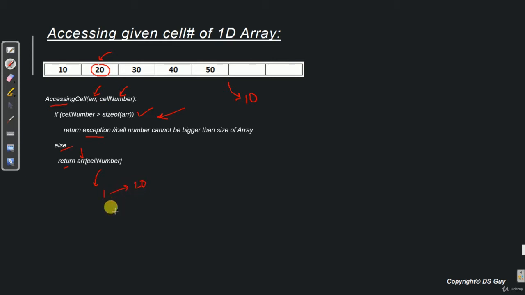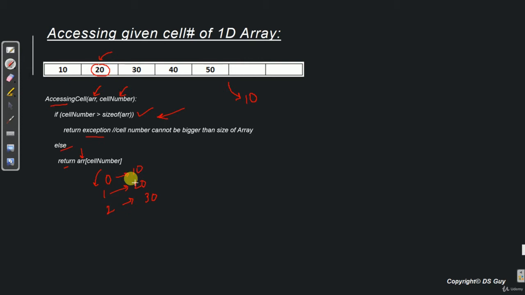If the cell number is 2, it returns value 30. Please remember that the cell number of an array starts from 0 and not 1. Hence when we say cell number 1, it returns 20 and not 10. So to return 10, we have to say cell number 0. So the algorithm is extremely simple. Hope you would have understood.